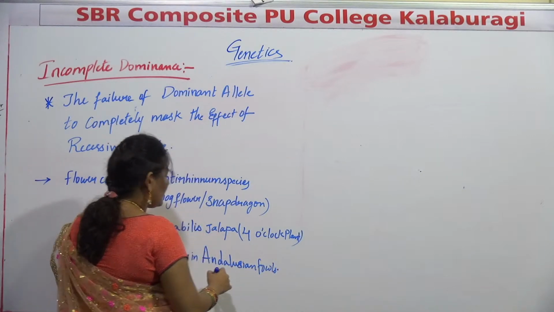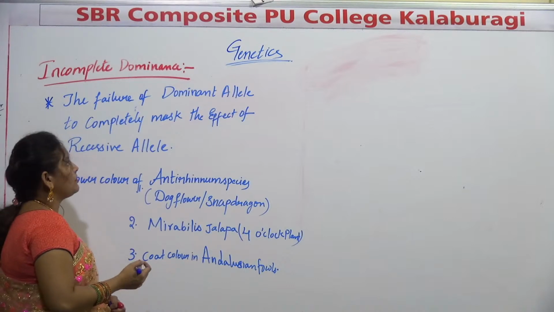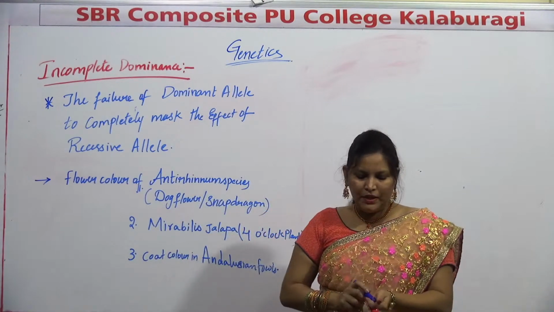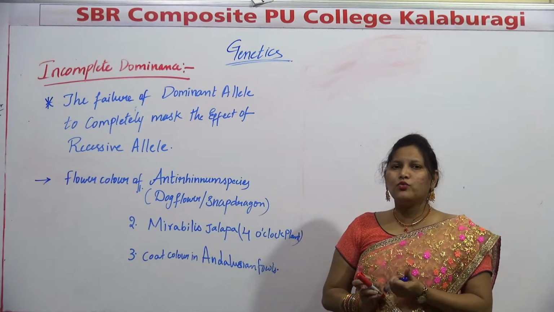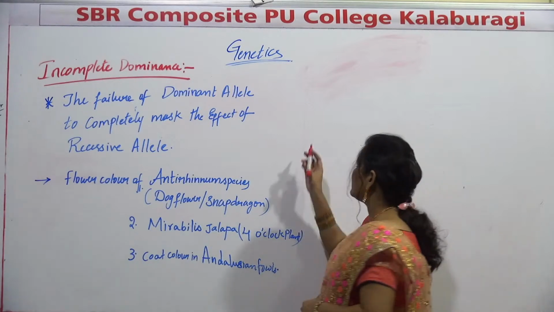Feather colors in Andalusian fowls. Okay, so these are certain examples of incomplete dominance. In incomplete dominance, when a cross is taken between homozygous red color flowers